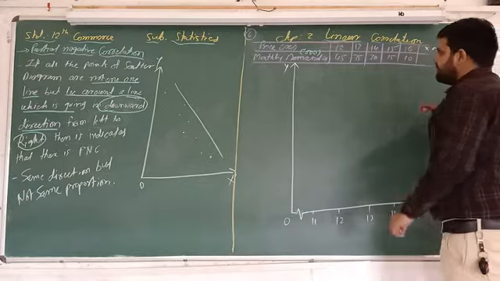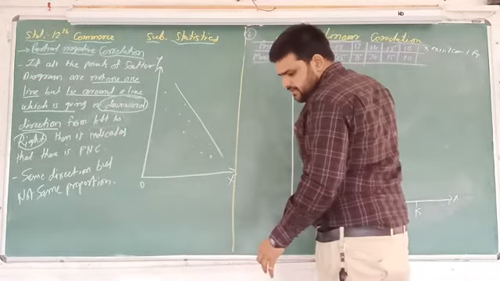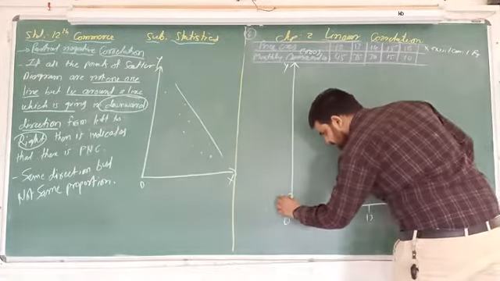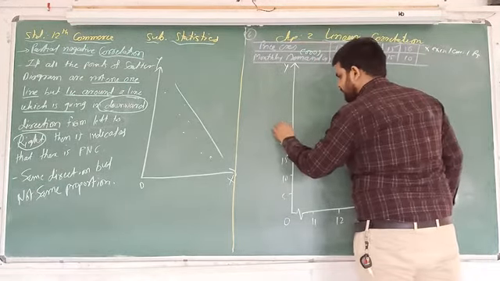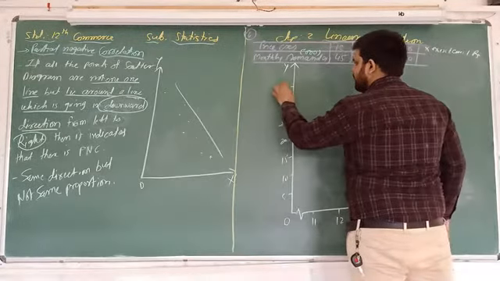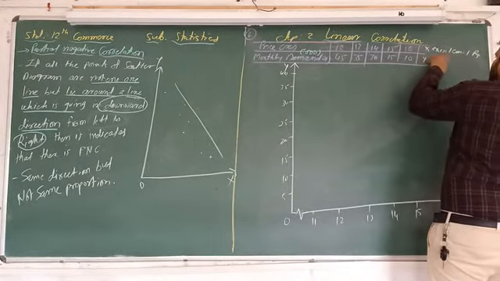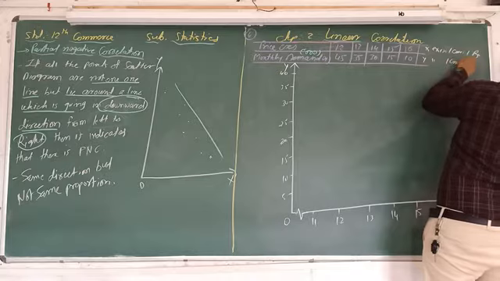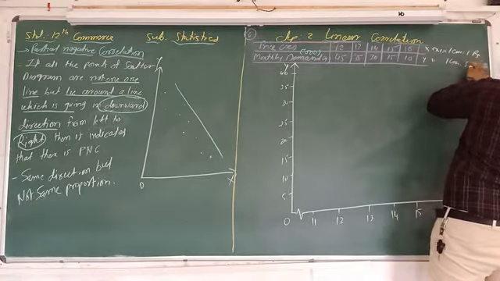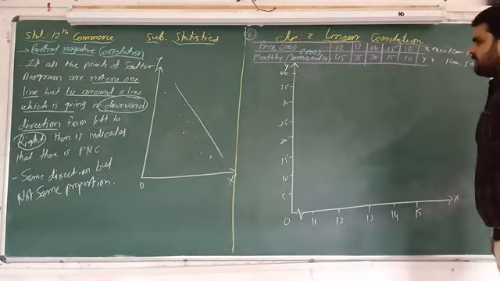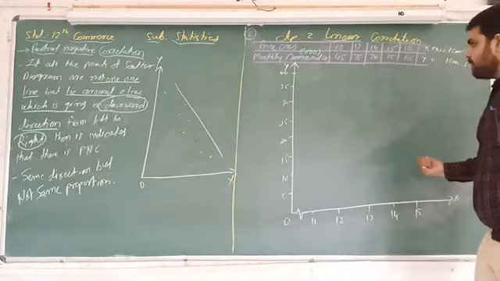And on the y-axis, the values are 45, 35, 30, 15, 10. So here 1 centimeter is equal to 5. So here 5, 10, 15, 20, 25, 30, 35 and 40. The same we have to write down here: on the y-axis 1 centimeter is equal to 5,000 demand. Now again, what we have to do? Both x and y points are there, and we have to draw them.